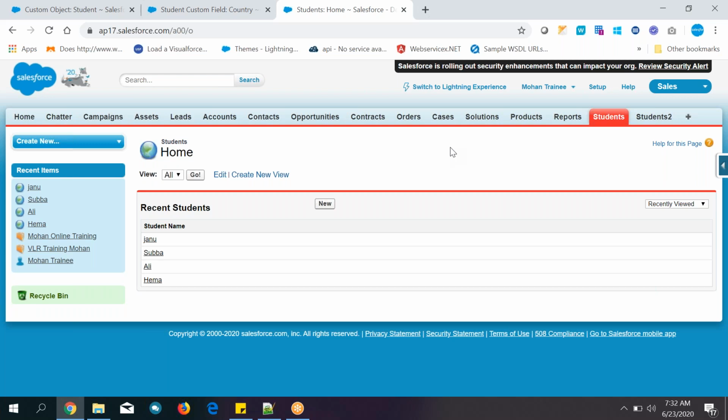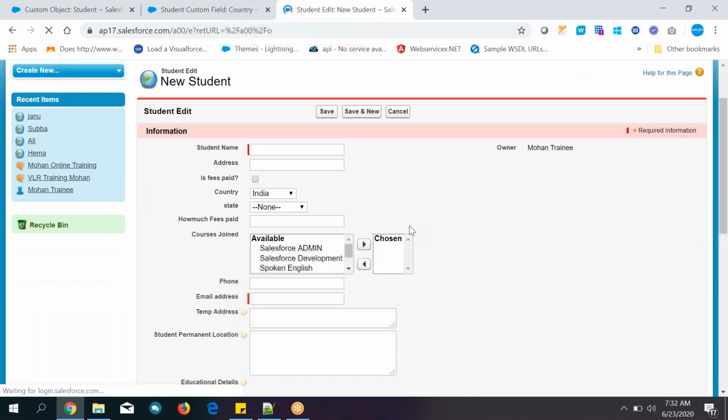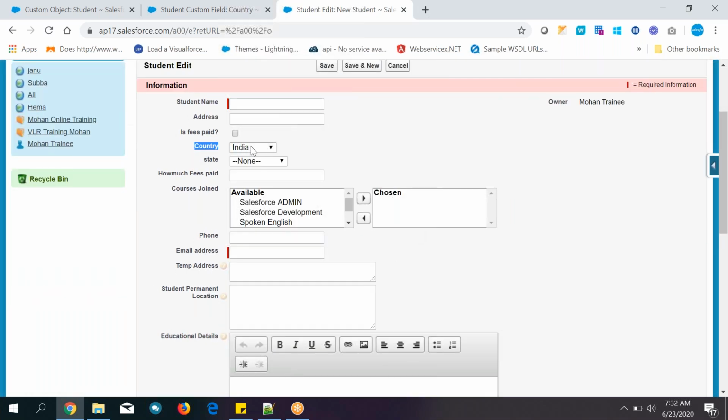Receptionists who are working in Vivekananda Institute, located in India, Russia, USA, UK, all places, right? Anywhere, if they click on it, you can see country by default it is India. Previously by default it was none, but now by default it is India.